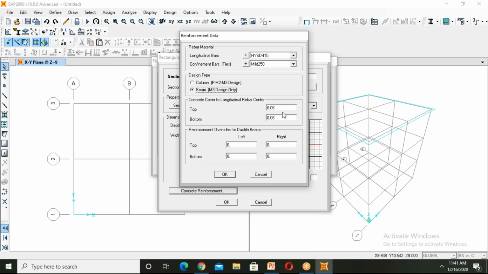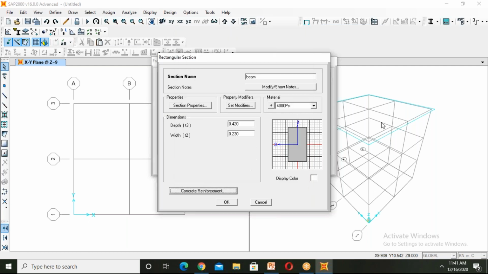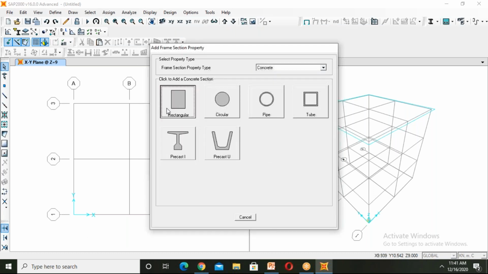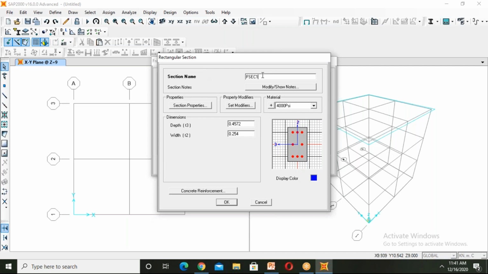Next, these covers is 0.05, bottom 25 mm cover. Okay, click on OK. Next, we have to add new property as a column. So click on column.